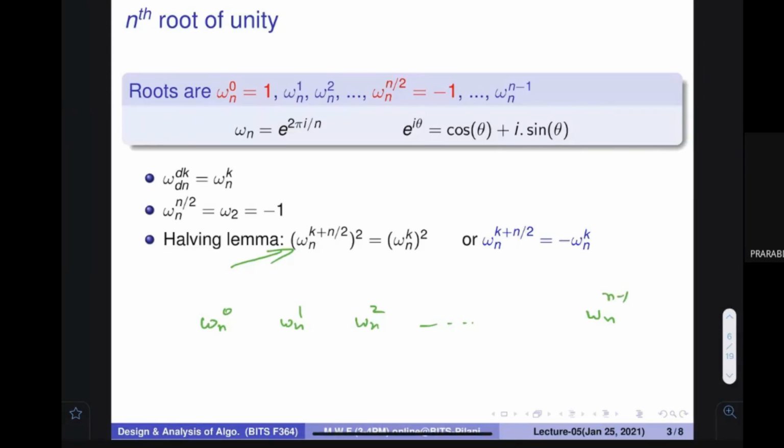What this is going to say is that if you take the square of the half of the thing, if you take the k, you see that k and k plus half means this item and the item after the half one. So this one and the next item after half, two and the next item after half. There is a relationship. And what is that relationship? That if you find out the square of these things, they are going to be the same. The square of this particular item and the square of this item is going to be the same, but they are different.